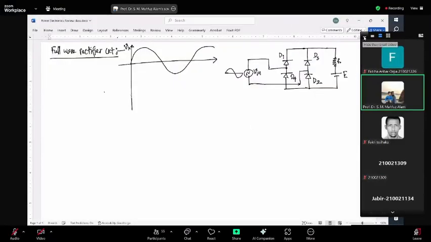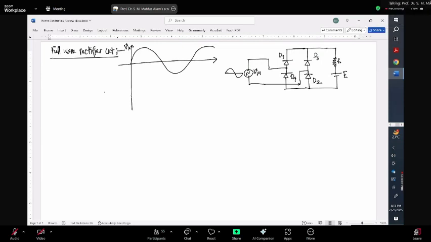This is my V in. Now, during the positive half cycle, can you tell me which are the diodes that will come into operation? So during the positive half cycle, if this is the polarity of the voltage source, then the current will try